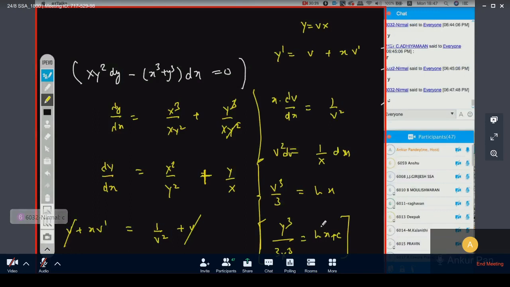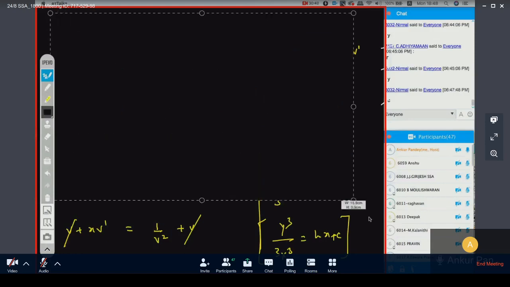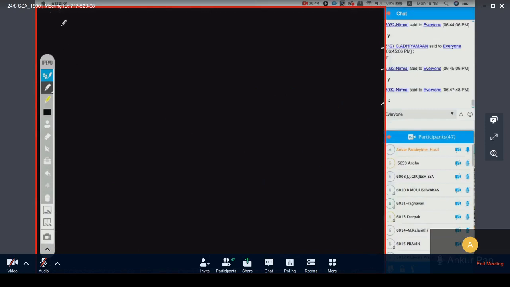This is about two types. One is linear differential equation and another one is homogeneous differential equation. Now talking about the most popular one, formula based linear differential equation. Sorry, what we have all done is variable separable and homogeneous. Now linear, very important beta.